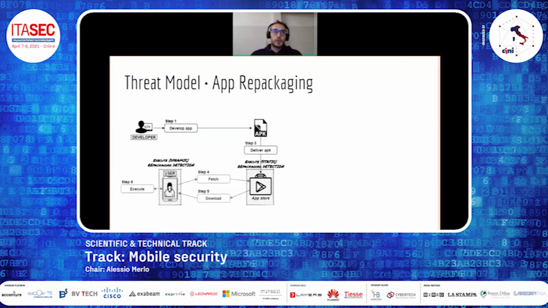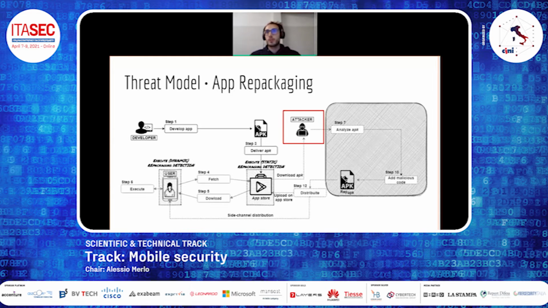First of all, I introduce our threat model in the ecosystem. Currently, an individual or a company develops an application, creates an APK file, and delivers it by uploading it to one or more app stores, such as Google Play Store. In this way, an Android user can search for the app, download it, and execute it on his device. Similarly to the final user, an attacker can also download the APK file from the app stores.